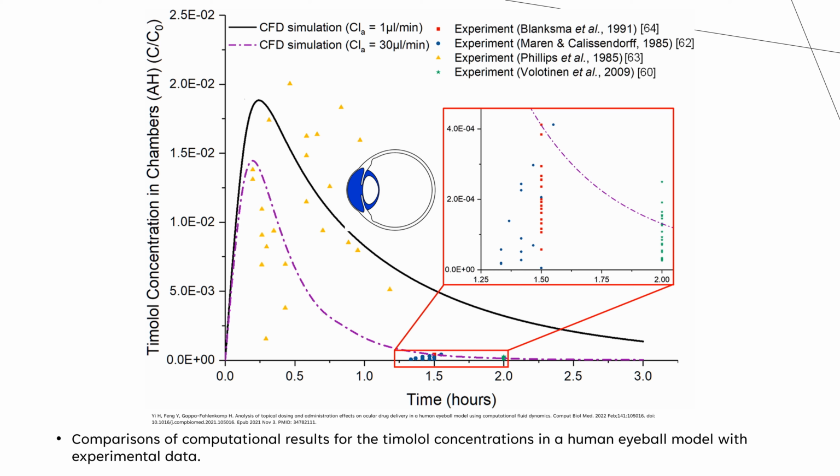It can be found that the timolol concentrations in CFD simulations, although the CFD model slightly overestimated the timolol concentration when comparing it with the experimental data at approximately 90 minutes, the relative errors are small enough for the CFD model to capture the features of temporal drug concentrations in the chambers as we see in the enlarged region in this figure. The relative errors may be caused by the minor geometry differences and the variances of metabolic